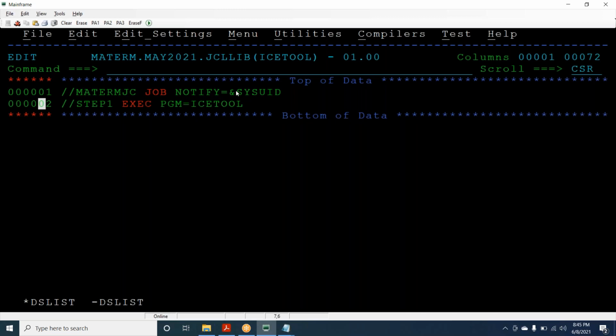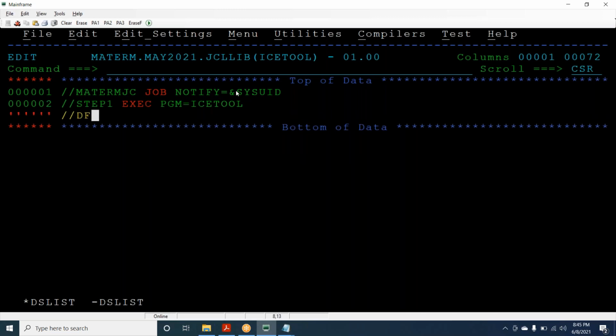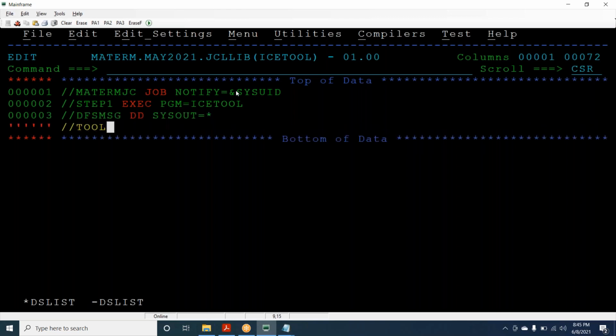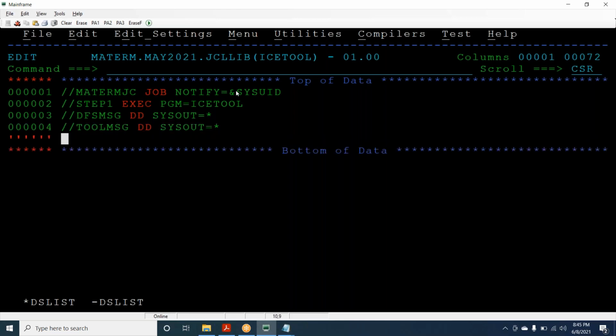Whenever you are using ICETOOL, there are two statements: DFSMSG DD SYSOUT=*, and TOOLMSG DD SYSOUT=*. Then TOOLIN, where you can write predefined or user defined DD names to specify input data sets or output data sets. So DD1 DD DSN equals